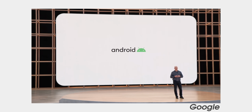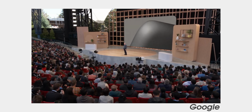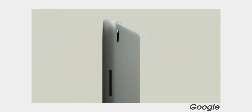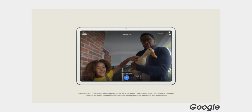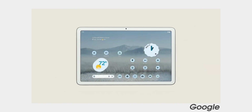So last and certainly not least, Google saved one last teaser for us. Yes, Google is set to return to the tablet space with an upcoming Pixel tablet. The bad news though, it actually won't be available until 2023. This marks the first time that Google has launched a tablet since 2018's Pixel Slate, which ran on Chrome OS. That device was at one point set to have a successor, but Google then shared it was discontinuing its plans for tablets. Before that though, the last Google branded tablet to run Android was a Pixel C, which was launched way back in 2015,